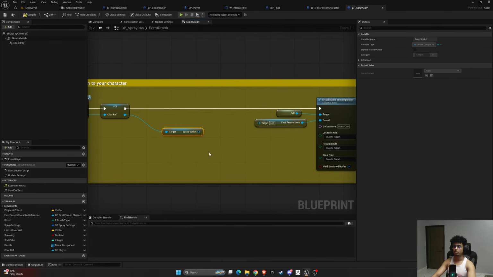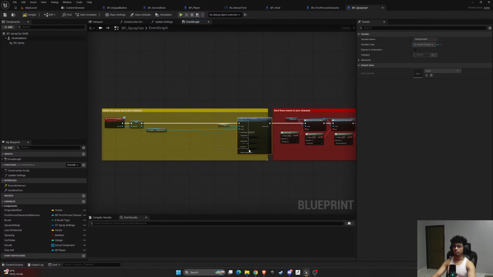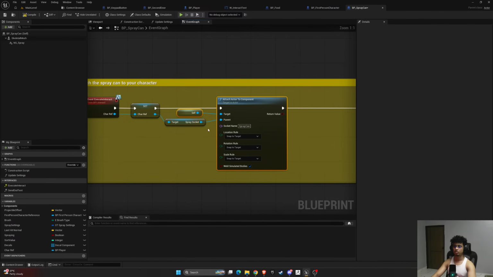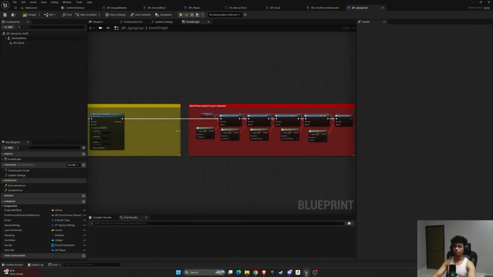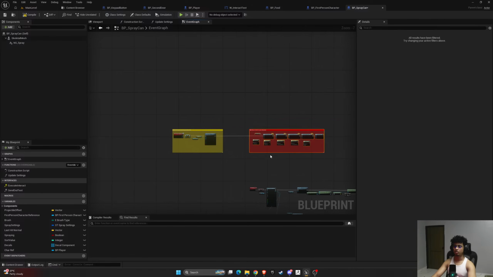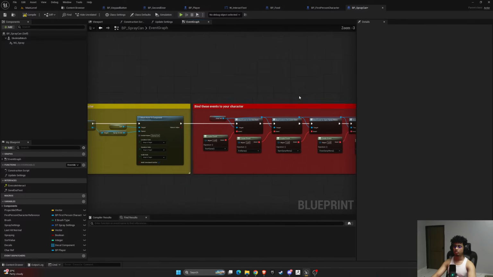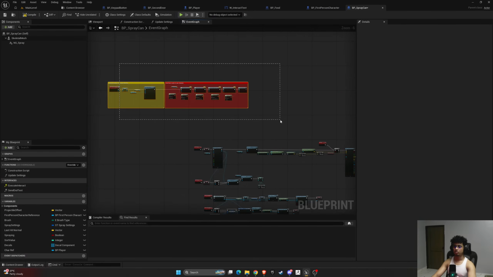Yeah, that one. Just connect that there for the attaching the actor to component. Just add that as a family component and make it into it. I'll just adjust that a little bit. Okay, then